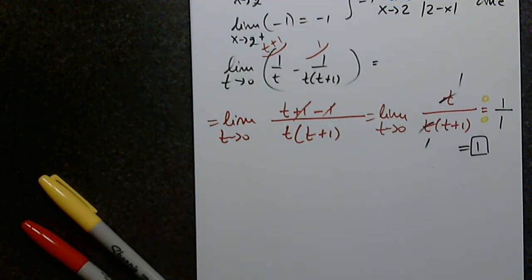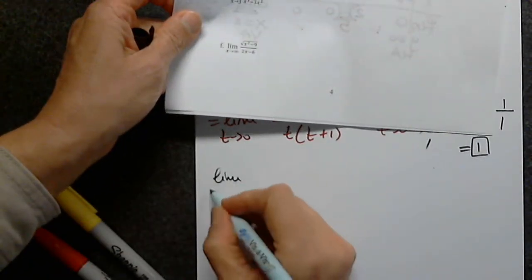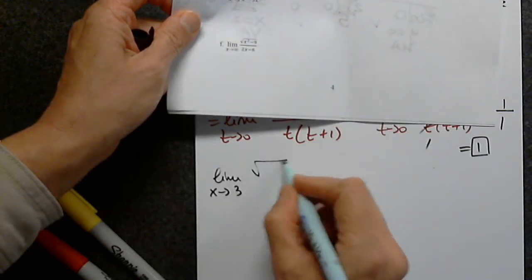Questions? Is this clear? Do we understand all steps? Is it a yes? Anyone? Questions? Okay, perfect. So now the next one is the limit as x approaches 3 of the square root of x